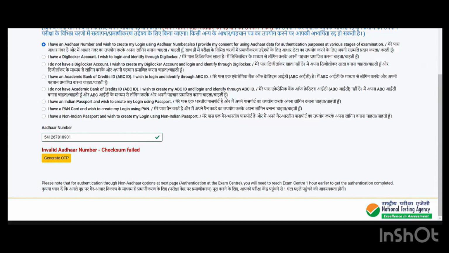Pay your fees right on time and keep a downloaded copy of your application form with yourself, and it will help you out when you have your main examination. Okay, because at that time it would ask you for downloading the admit card. You would require your application number, your password, all these things, right? So please make sure to follow all of these steps. It is very, very important.